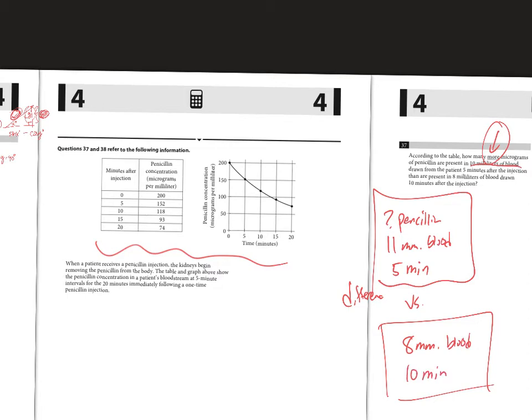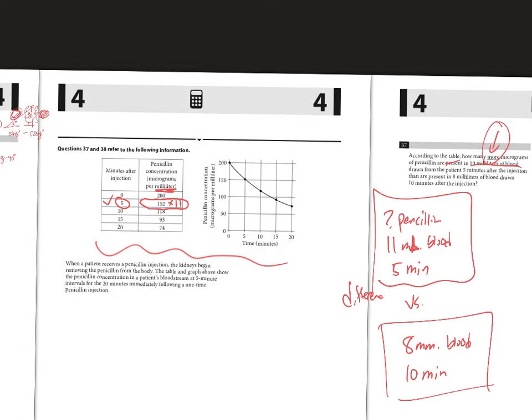Okay, so let's check this out here. When it's 11 milliliters of blood, they're saying go to the table. Sorry, I keep saying millimeters, but it's milliliters, L. And wait, there's a trick here. The table, the title is the important thing. That's per milliliter. We have to take these numbers and multiply by, in this case, 11. So the key on number 37 is to realize we go to the 5 minute mark, that matches up with what we want. But because it's per milliliter, and we were told 11 milliliters, we have to multiply